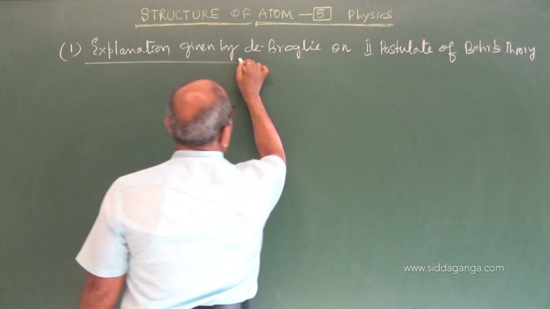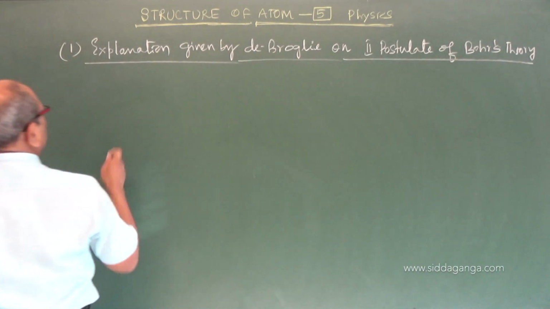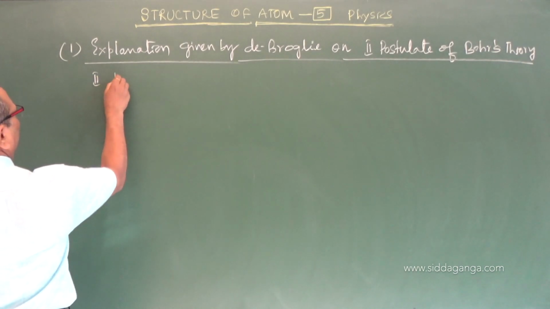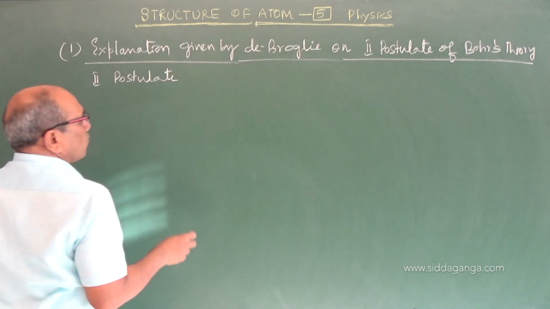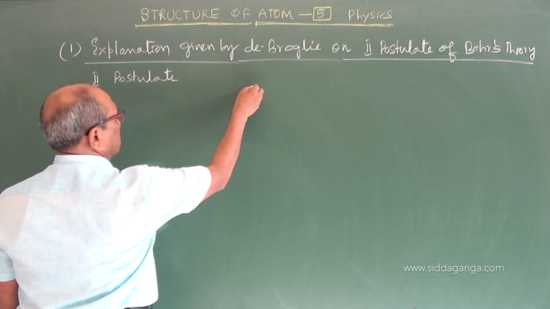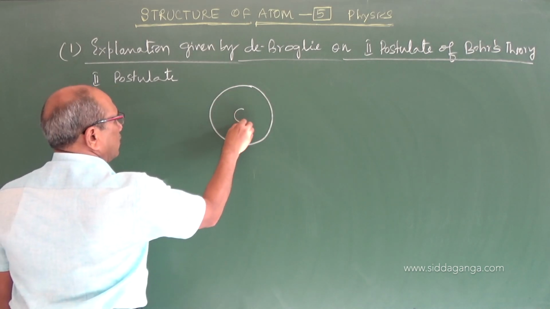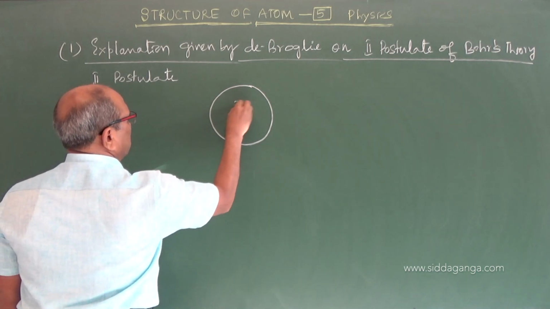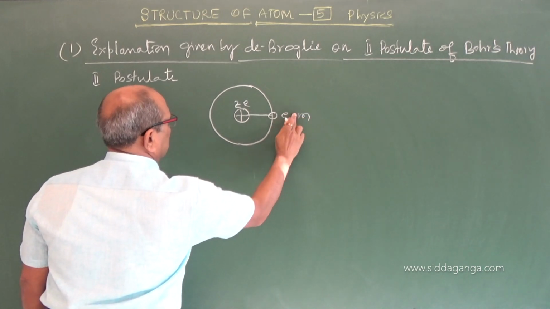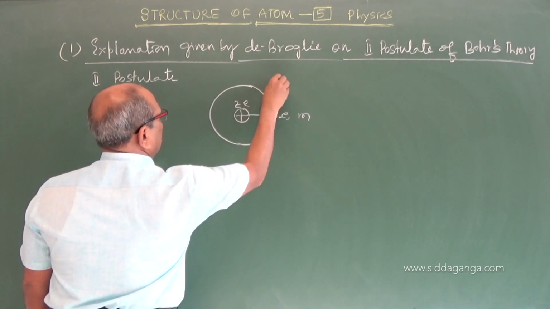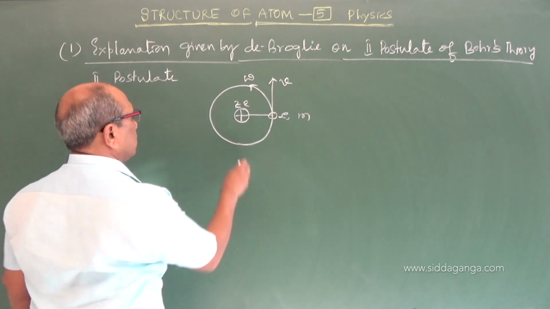So, what is the explanation given by him? The second postulate of Bohr, let us see first, we understand. What the second postulate suggests is, suppose I consider an atom, the central nucleus, and there is an electron of mass m, charge e, having definite speed and angular velocity, revolving around circular orbits.